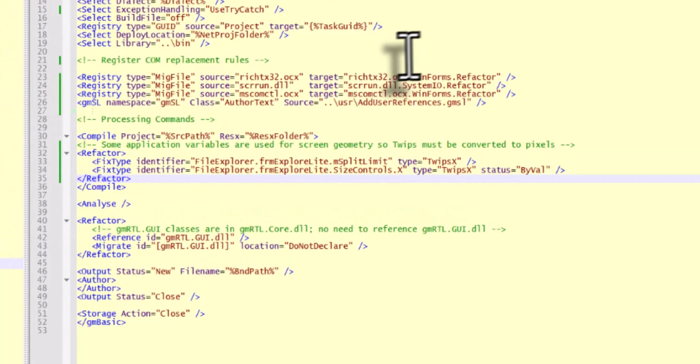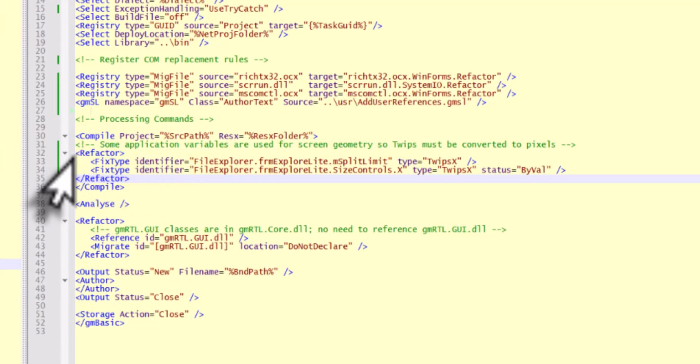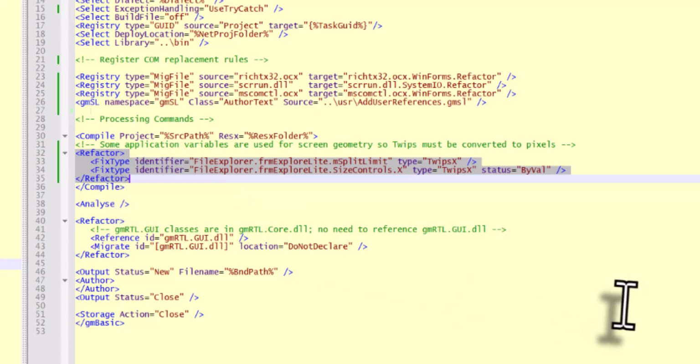The next set of rules I want to talk about is this refactoring block. The refactoring blocks can contain many different types of operations that allow you to rename things, change the types of things, remove code, add code, reauthor code, inserting handwritten code. There are commands for dealing with generics, nullables, late binding, you name it. There's a lot there. This is a very simple case here. We're using the fixed type to introduce a meta type,